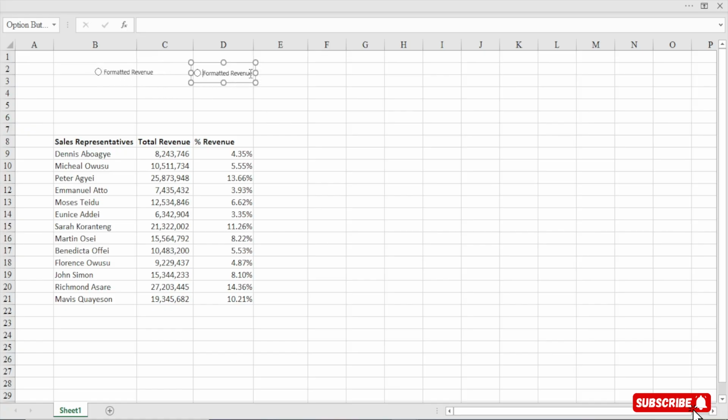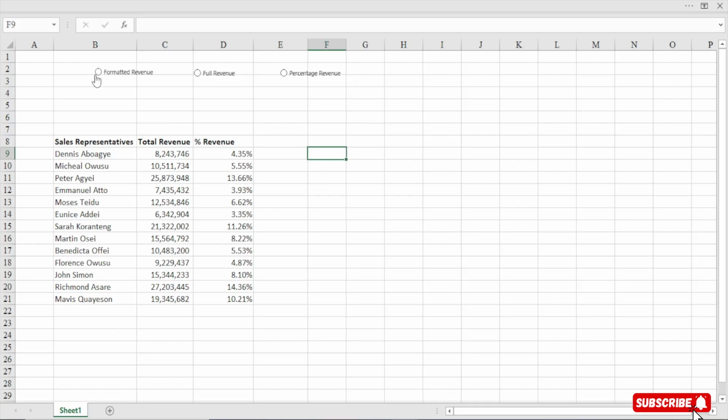Then we are going to say this is our full revenue, or revenue in full. Full revenue. That is control and then select and then minimize it. And we are also going to duplicate this one again and then place it here. And then we are going to say this is our percentage revenue. Perfect. So let's make it small.